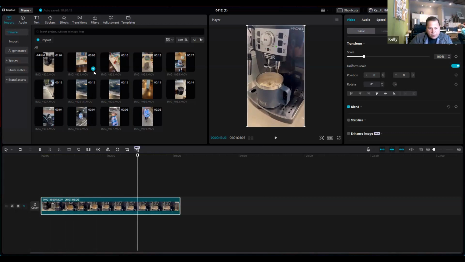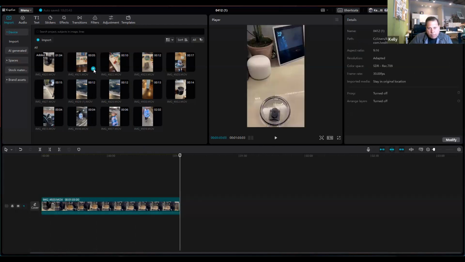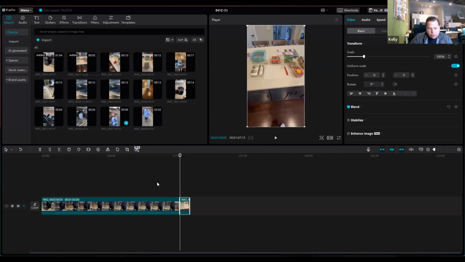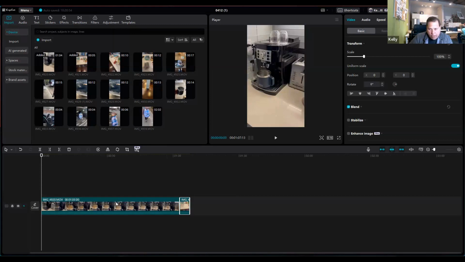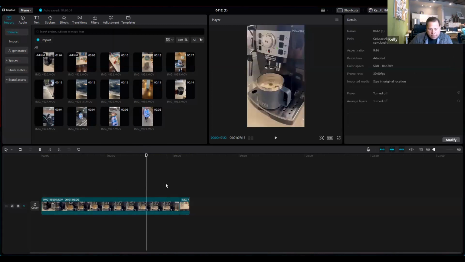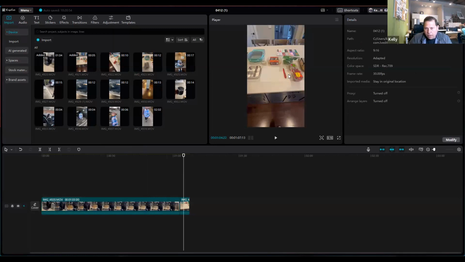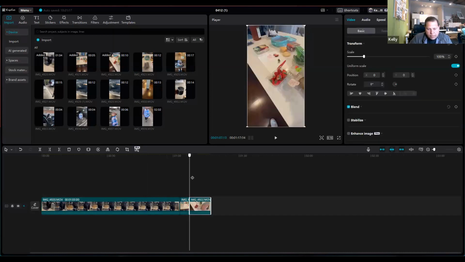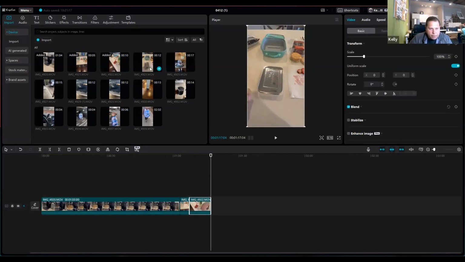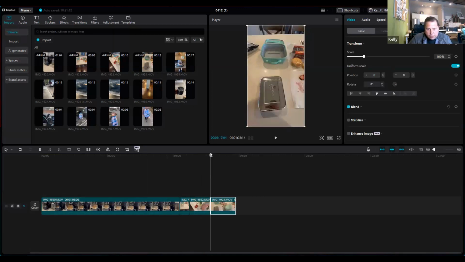Okay. When I add another clip in, so I want to add my next clip, you'll see here that there's also no audio. It automatically keeps the whole track that we're making without audio. So we have a coffee maker making coffee, and then I'm about to make a lunch. And so what I'm going to do here is add some more clips in, because then I'm going to show you the next steps of how we make this